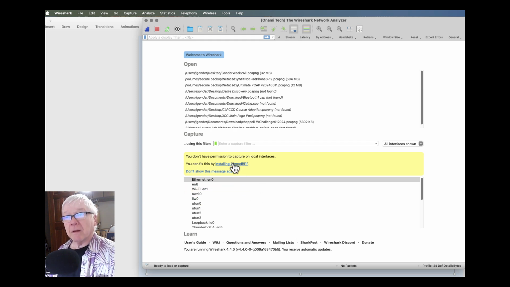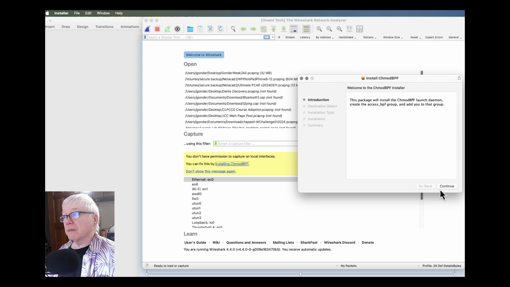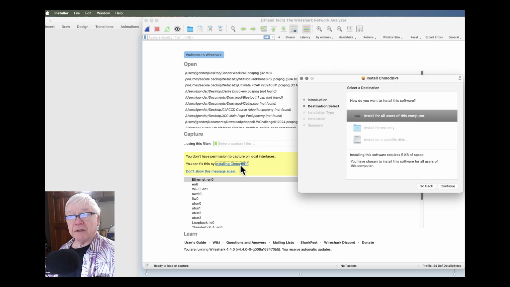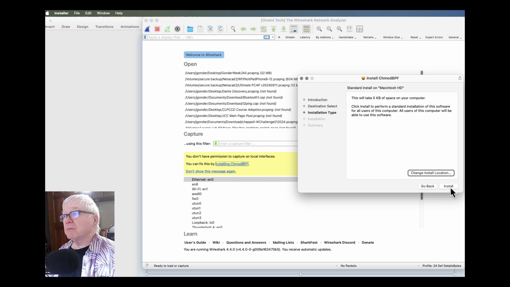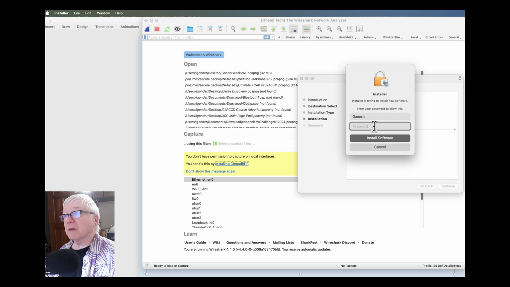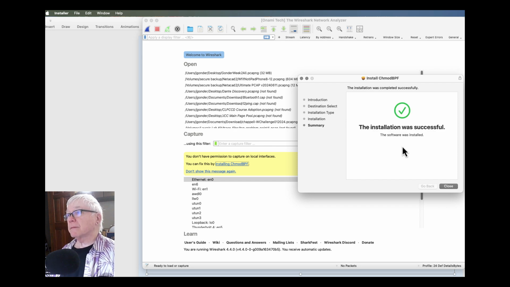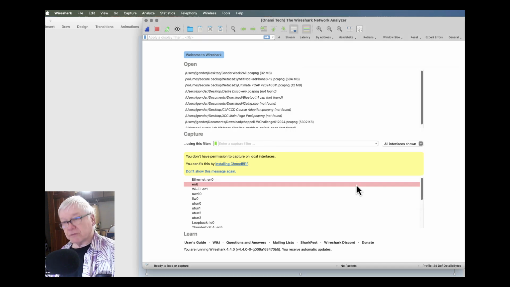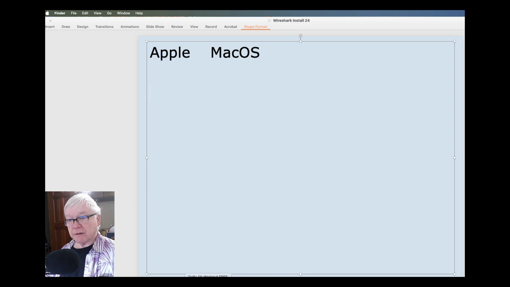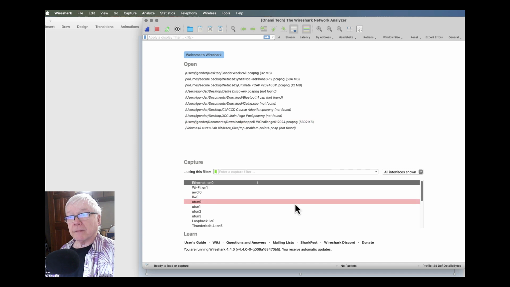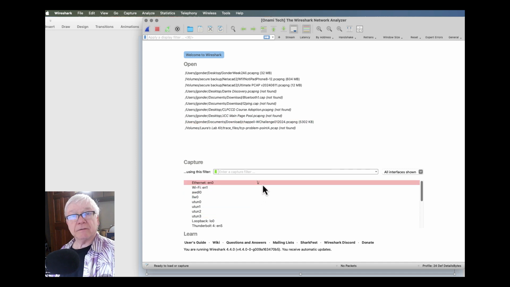Now, if I don't have permission to capture on the interface, then I need to run that installing the changed permissions. And let's quit and start again. And now I'm seeing my spark line here, right?